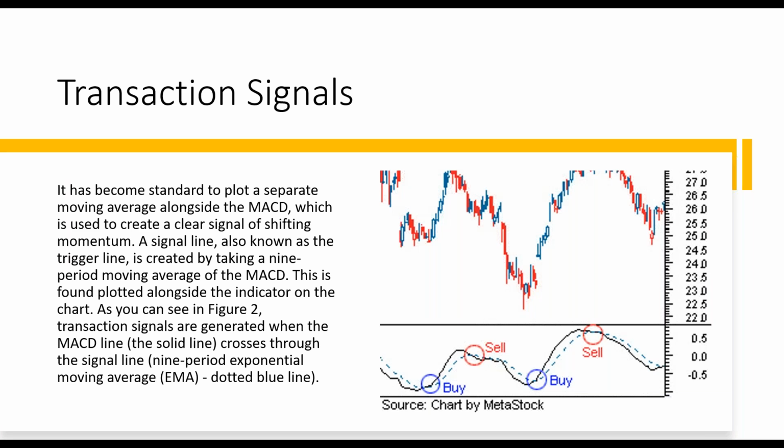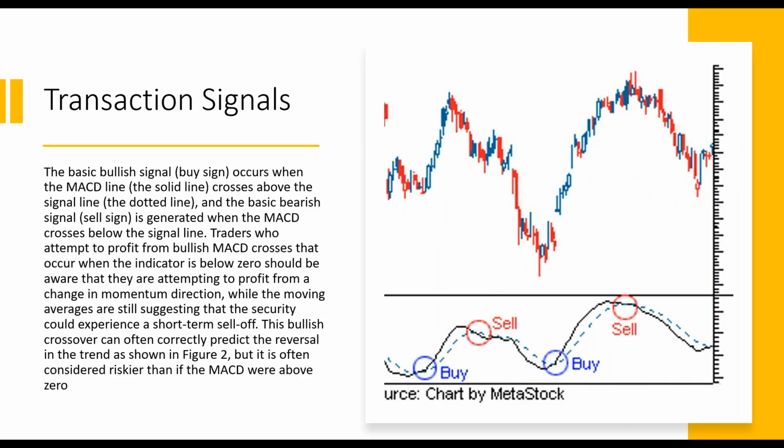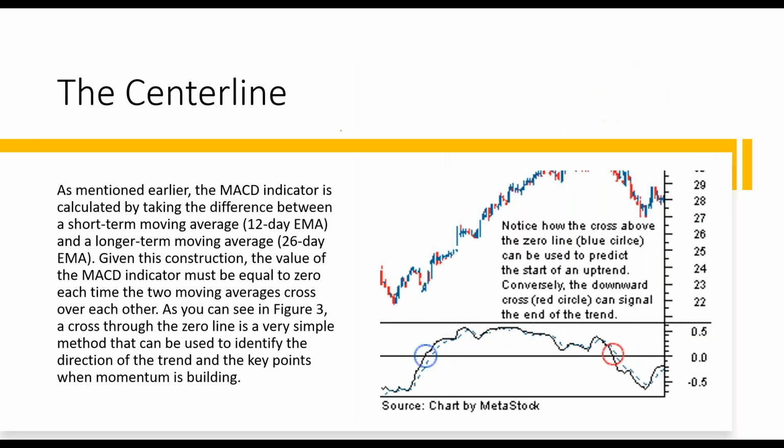So it has become standard to plot a separate moving average alongside the moving average, which was the MACD and the MACD signal line. When they cross over each other, it gives us transaction signals. Or in the histogram case, when the histogram goes above or below zero, it gives us buy or sell transaction signals. And we'll call them transaction signals because they do not tell you how far the move is going to go or whether you can actually get a trade in that will make enough profit or cover your spreads. So keep in mind, it's only like slapping you on the back of the head saying, hey, trader, here's an opportunity. Now do evaluate it.